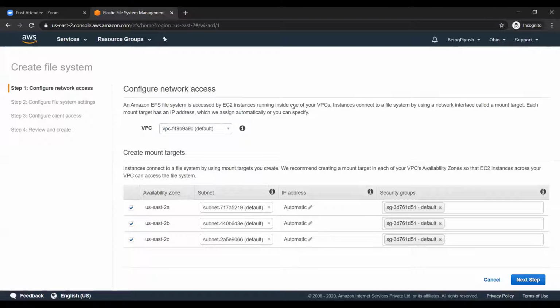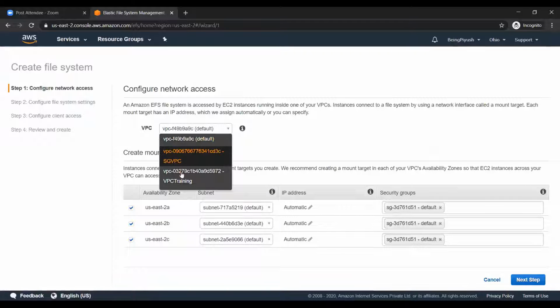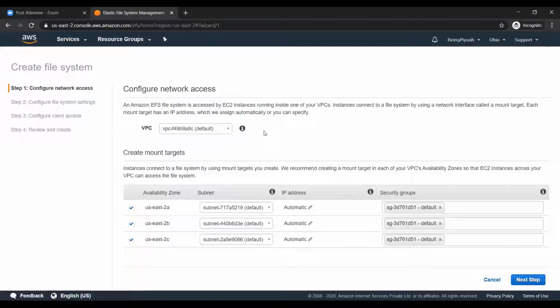Once you come to the EFS part, it says that first you have to configure the network access. The very first thing it asks is the VPC. Every time we are selecting the default VPC, because we have a couple of other VPCs, but we are going ahead with the default one. What is VPC? Only instances in the selected VPC can access the file system. So if you create an EC2 instance in this VPC, it can access this EFS. So every time we are selecting the default VPC for EFS, for EBS and for EC2 also.